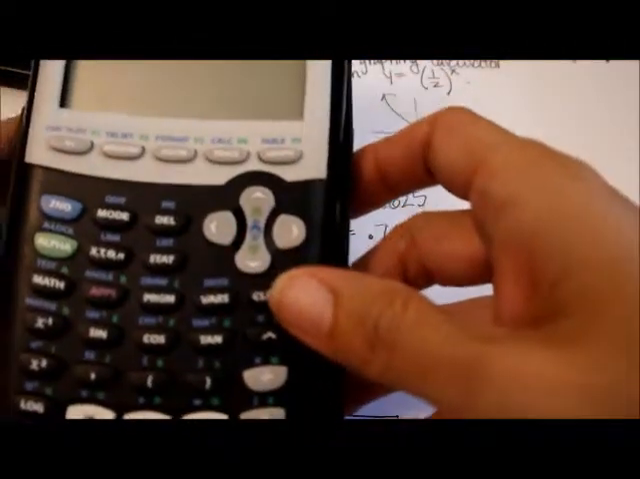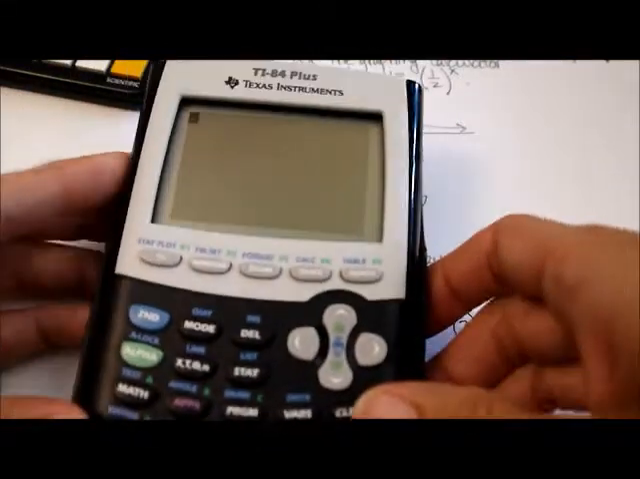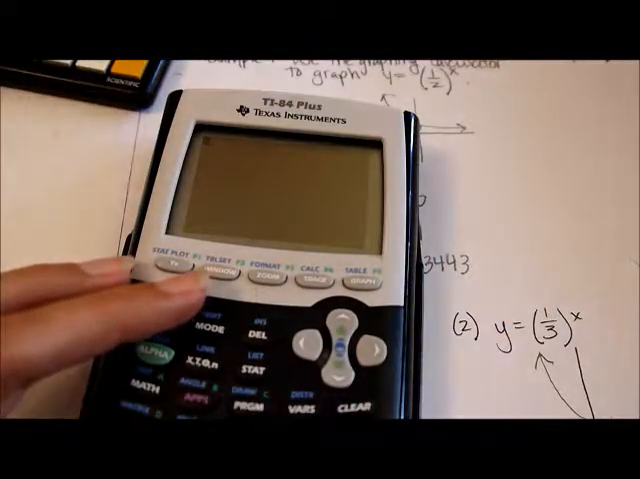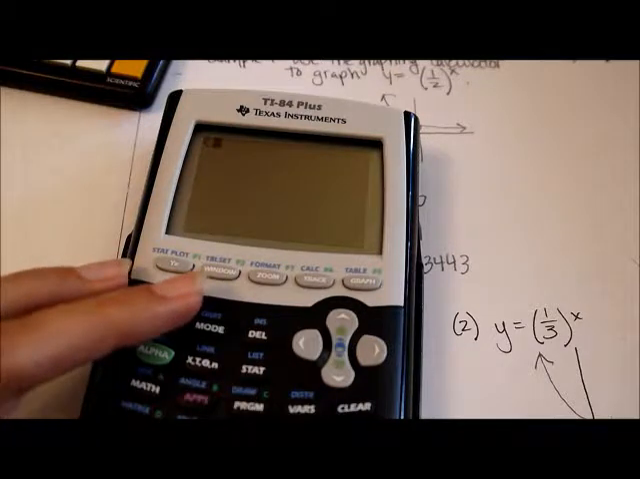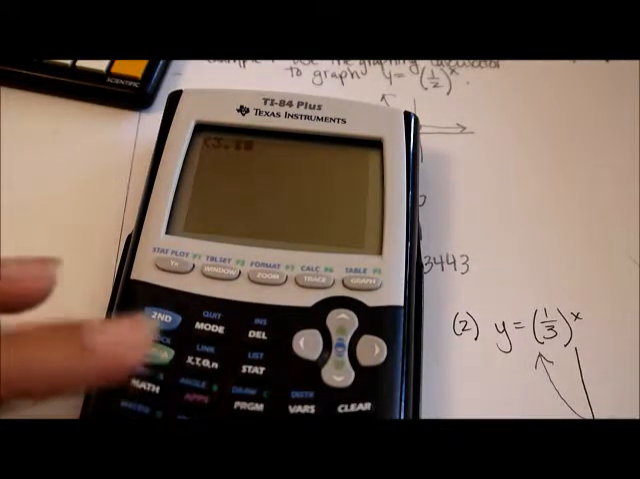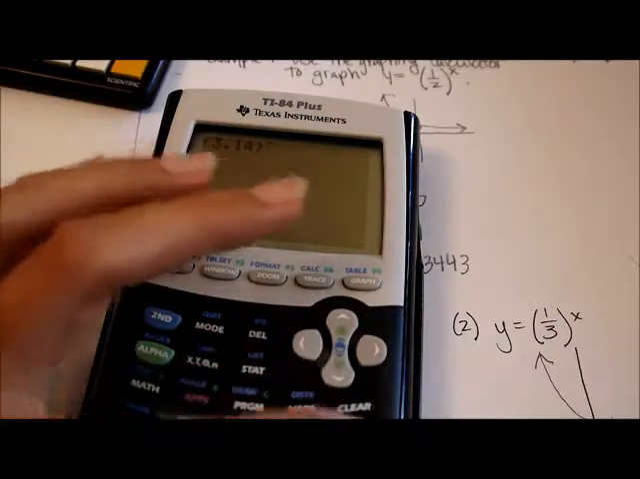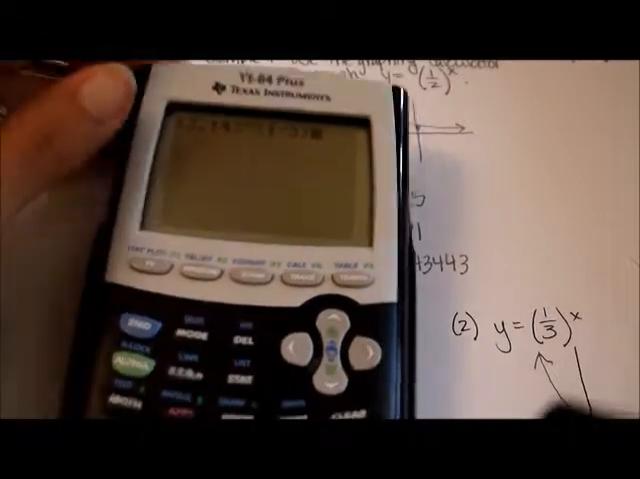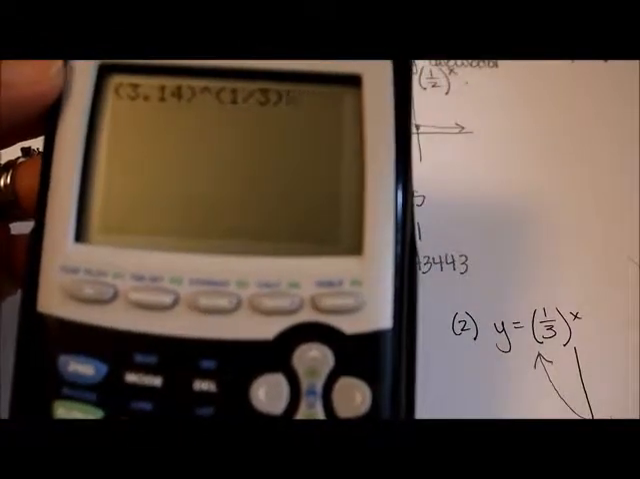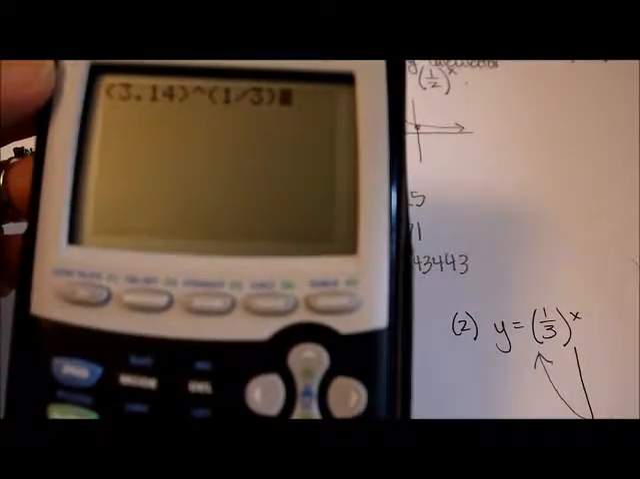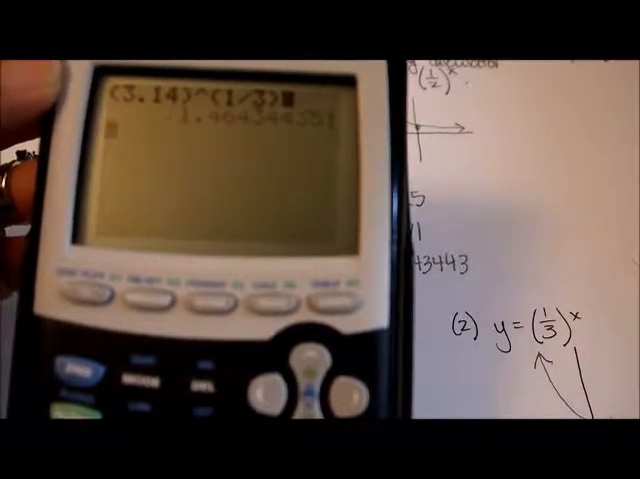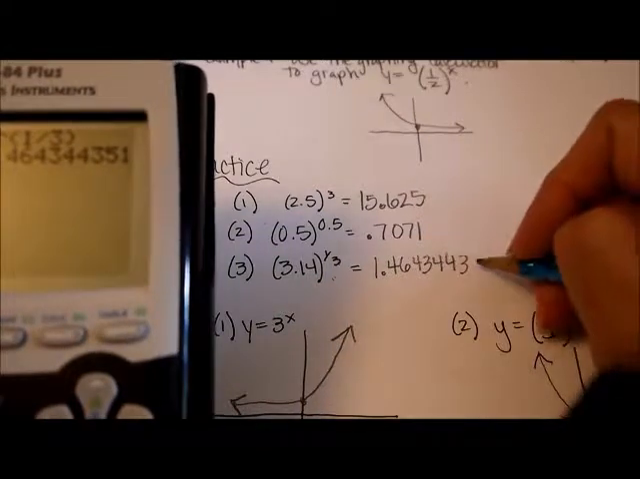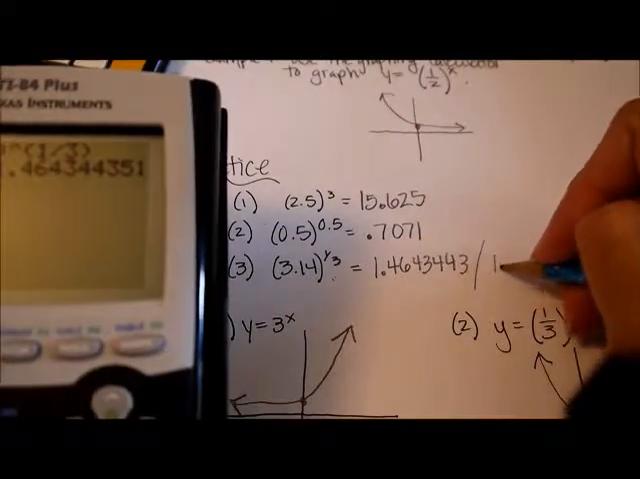Okay, the graphing calculator. What we do is, I like to use parentheses, 3.14 to the parentheses again, 1 divided by 3. So that's going to be more accurate. And we didn't have to round anything by going 0.3333. We actually have 1/3. Okay, so when we do that, we get